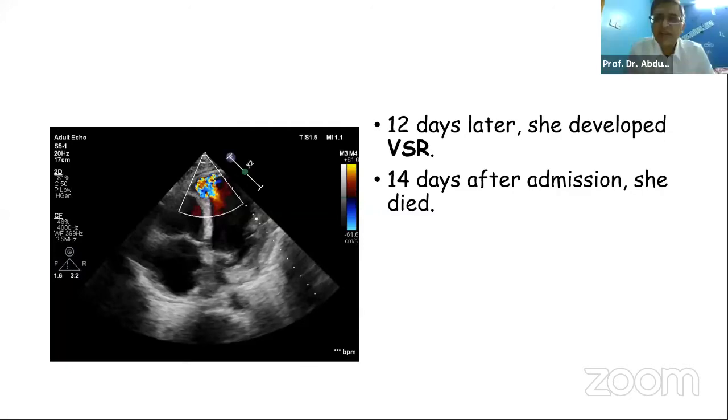Sir, can I add another question? Was the TPM somehow responsible for the VSR in the apical part? The perforation looks like it is in the septum, right? Yes. It is unlikely that a temporary pacing catheter will cause septal perforation. I think this is related to the acute myocarditis, unless Hafiz has any other comment.